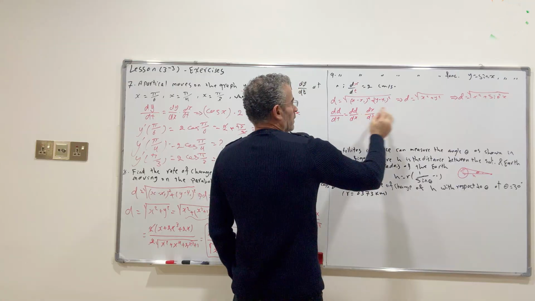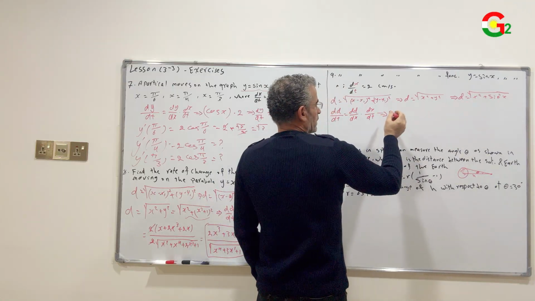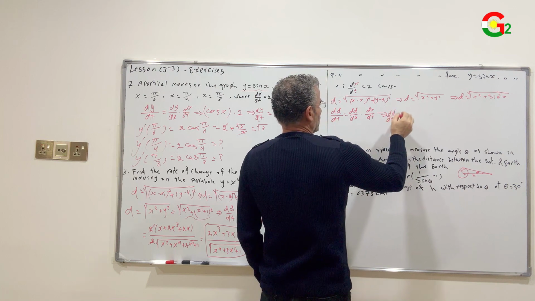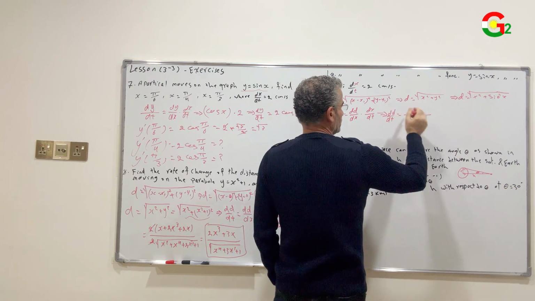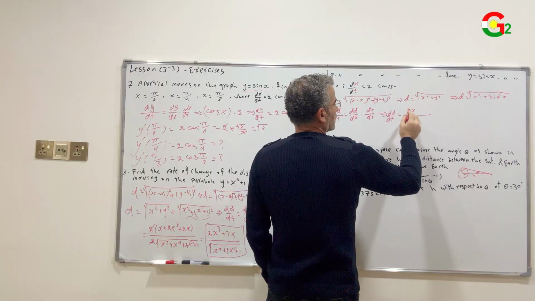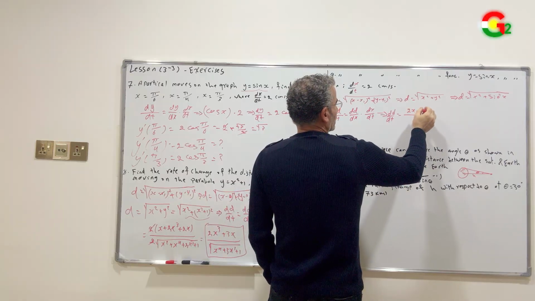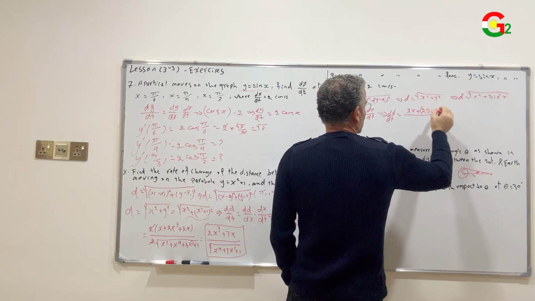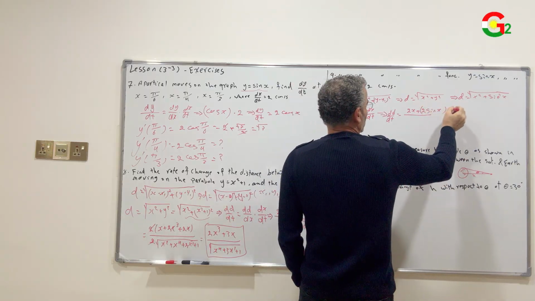Then differentiate this function with respect to x: 2x plus 2 sine x times cosine x